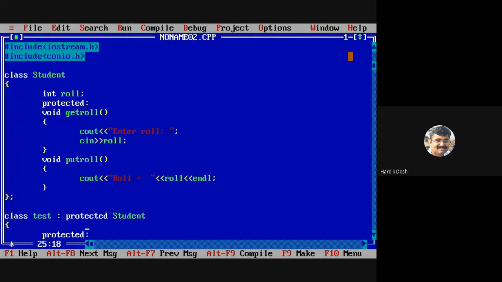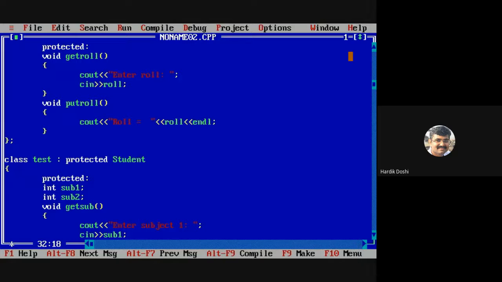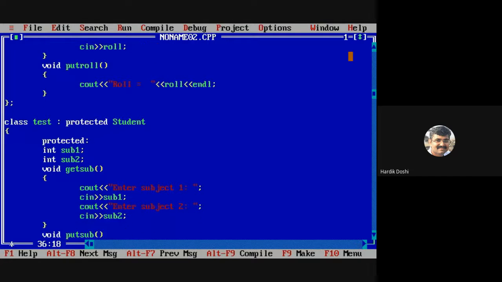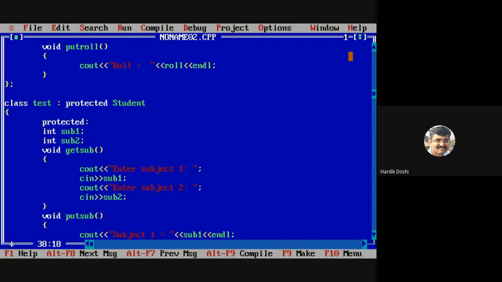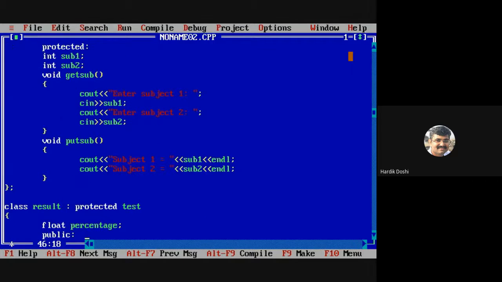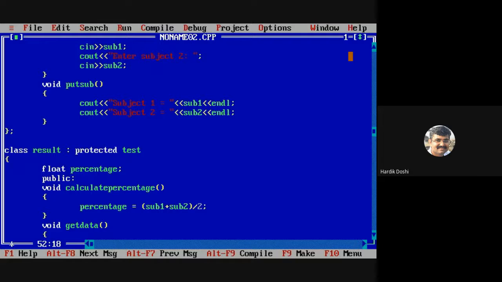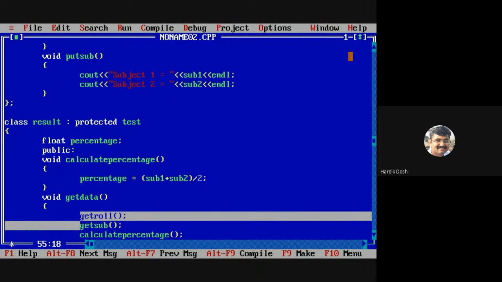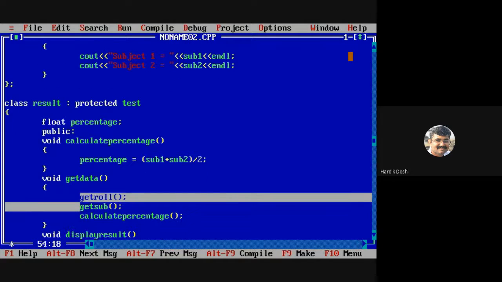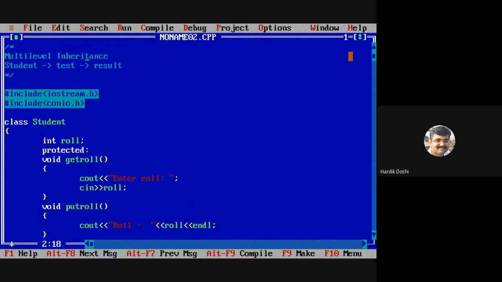I have made them protected. So this goes into the protected section of student pretest. So all accessible members should come to this, and goes into the protected section in the same. Just a minute, I am making some mistake. Check.